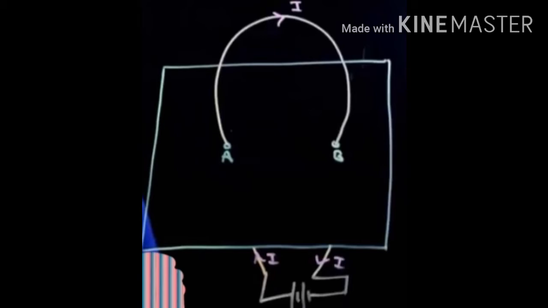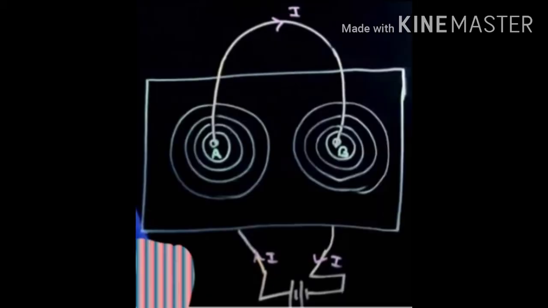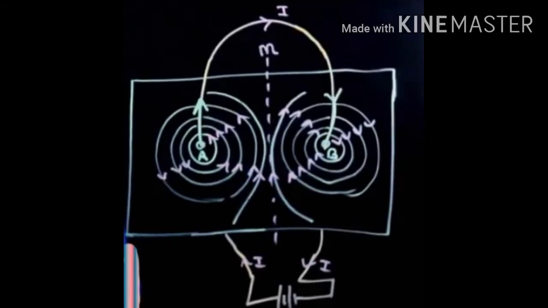Suppose, just look here, from this positive end the current is flowing, and from this to point A. At A, from where is the current coming? From the downside. That means what kind of circular path will the iron filings draw? In which direction is it going, upward? It will form an anti-clockwise direction of magnetic field like this.